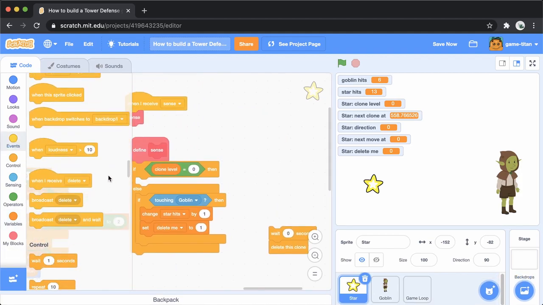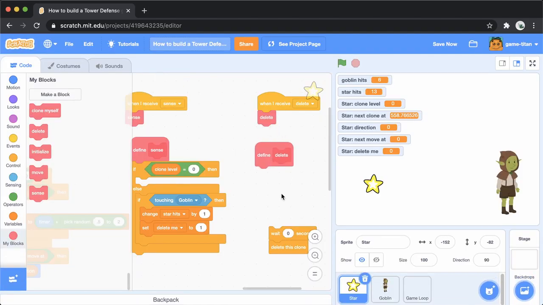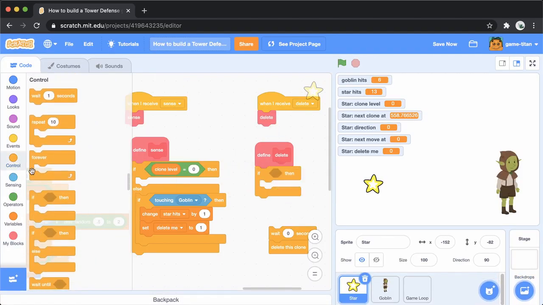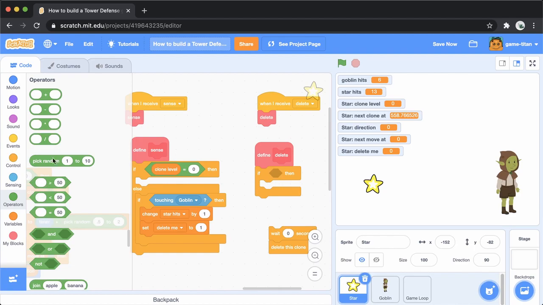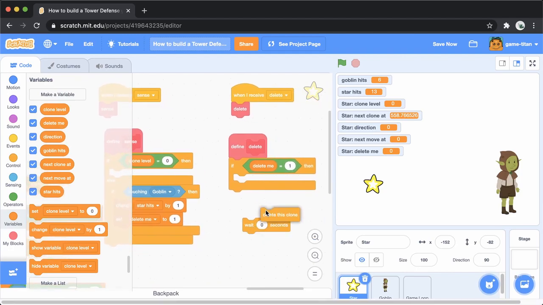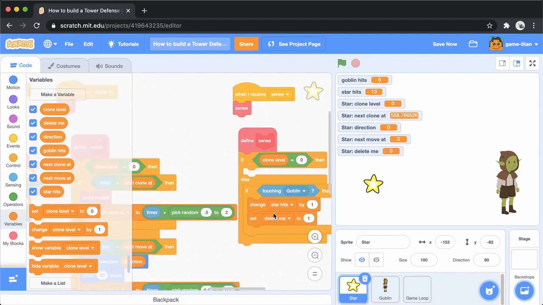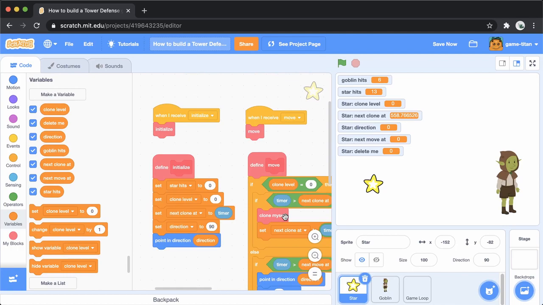The last event stack is the delete handler. You only want something to happen here if delete me is 1. And the thing that you want to happen is actually deleting the clone. Test out the code and the star's behavior looks like it does before. But now, it doesn't use when flag clicked or when I start as a clone,